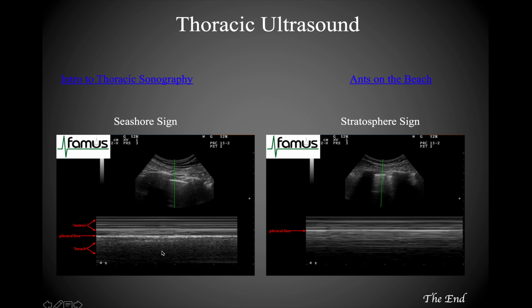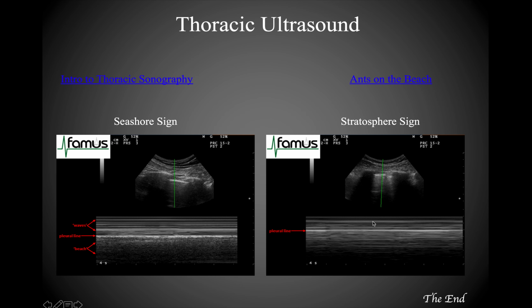So this grainy appearance arises from the presence of the lung tissue, where there's really nothing for the ultrasound wave to hit, because it's mostly just air, and so you get this grainy appearance. And so we call this the seashore sign. On the right hand image here, you can see this is what we call